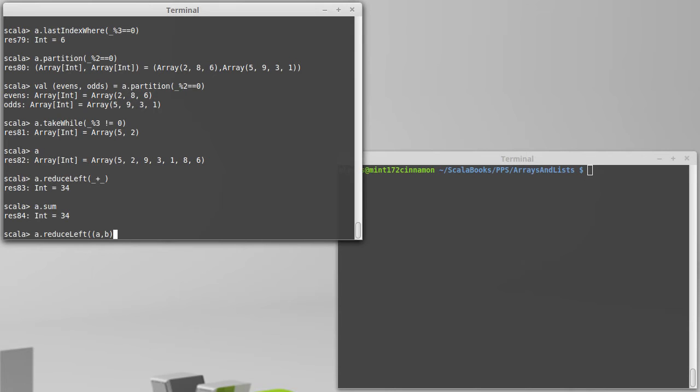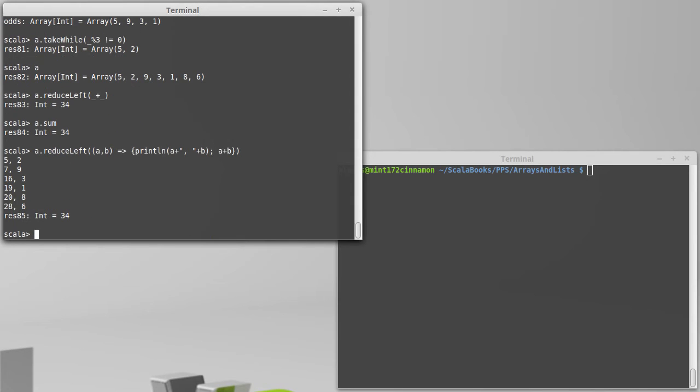We could call our values that are coming in A and B, and we will print out A and B, and then do something with them. It really doesn't matter. We could do the A plus B. So we're taking a sum again, but we're going to print out the arguments that are coming in at each